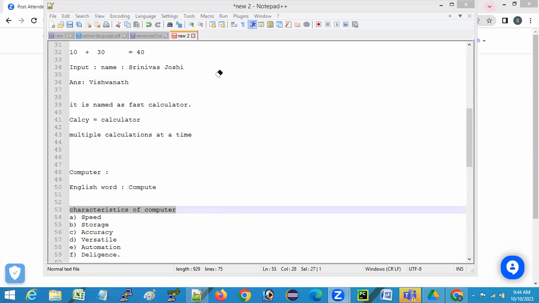The second one is storage. What is that second one? The storage means what? What is that storage? The storage is nothing but